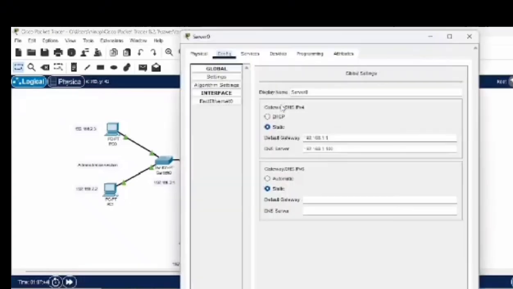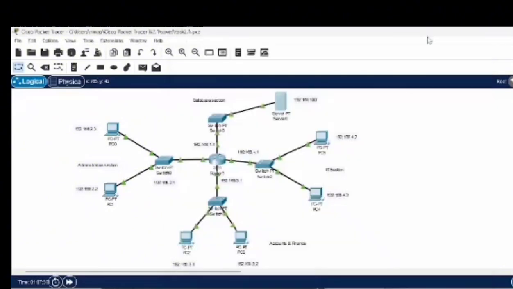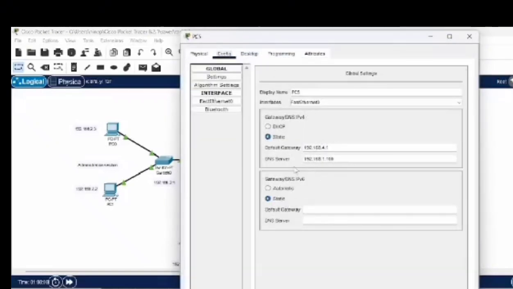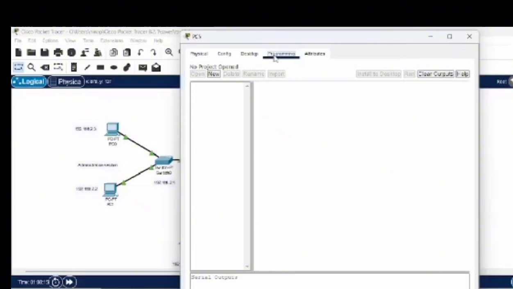This includes assigning IP addresses to devices for identification and communication, configuring VLANs to segment network traffic effectively, and implementing security measures such as access control lists or firewall rules. By following these steps, we're able to construct a robust network infrastructure that meets the organization's requirements for reliability